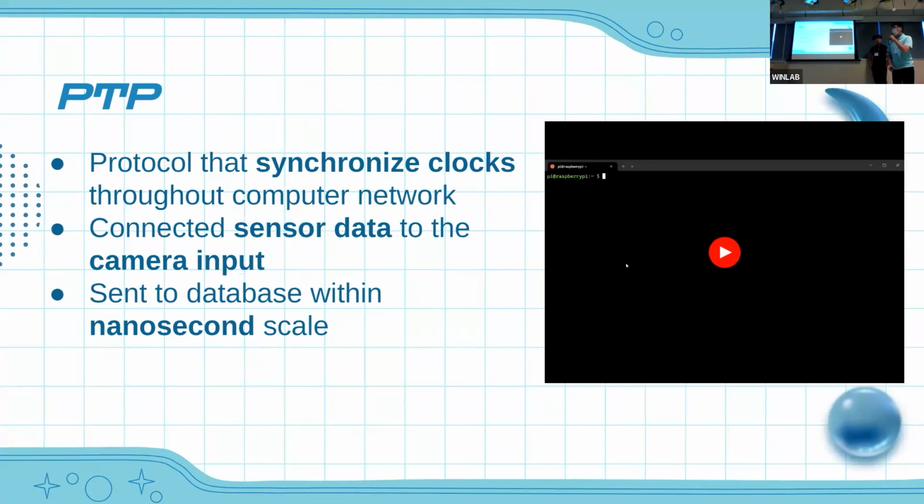Now, a large thing that we've been working on over a couple of weeks is implementing something called PTP, or Precision Time Protocol. This is a protocol that's able to synchronize the clocks for the computer network, and we need this to be possible in order to have our different sensors and Raspberry Pis talk to each other very quickly. So what we were able to do was connect the sensor data to the camera input, which you will see in our poster, and also send the data to the database